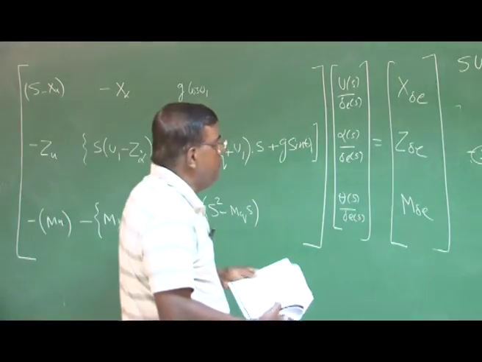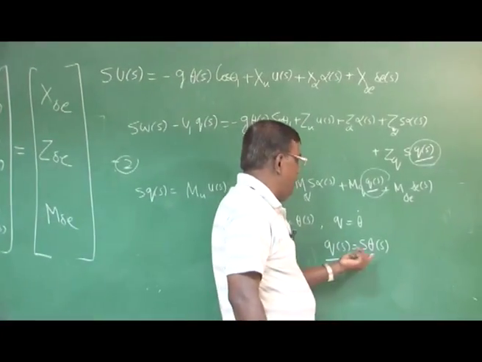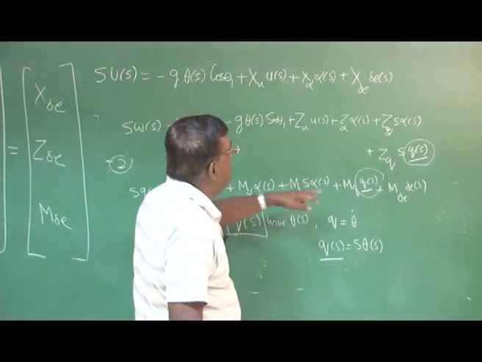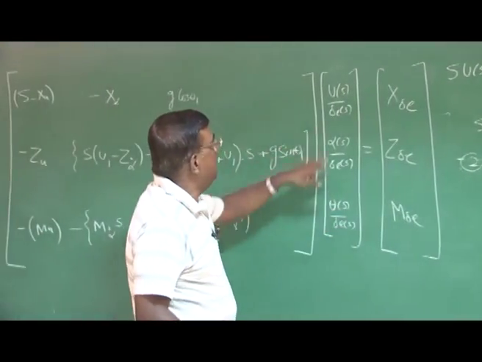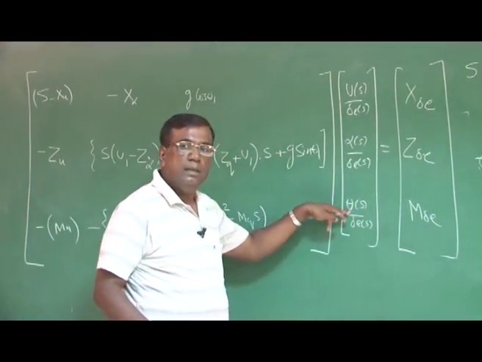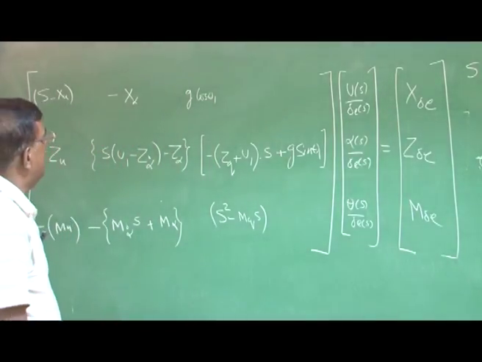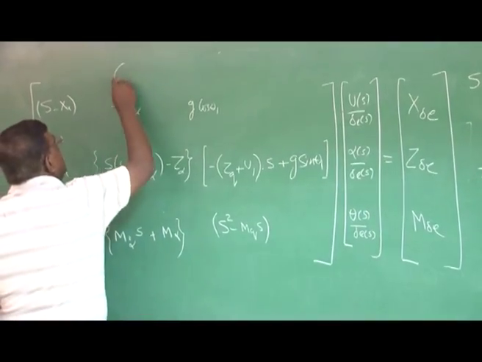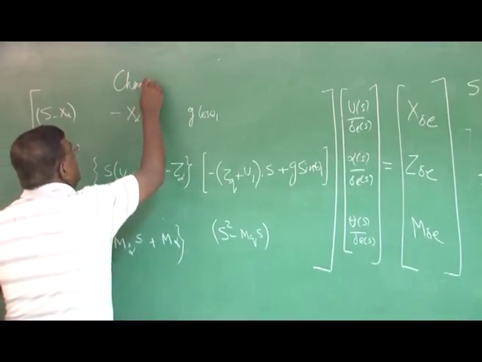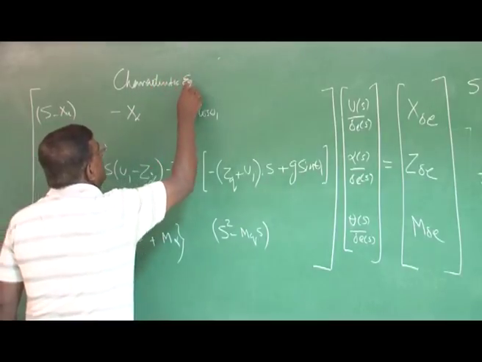That is fine. You could see here, since we have used this approximation q of s equal to s theta of s, when we have substituted it here, our motion variables are now u, alpha and theta. So this is, in matrix form, the characteristic equation